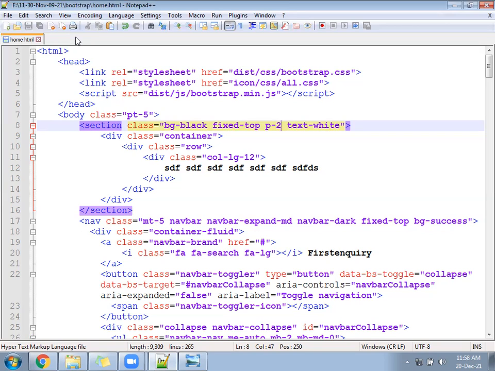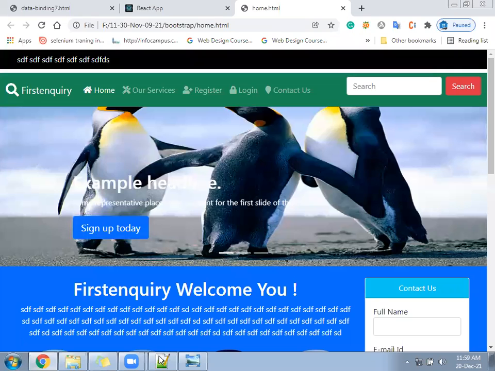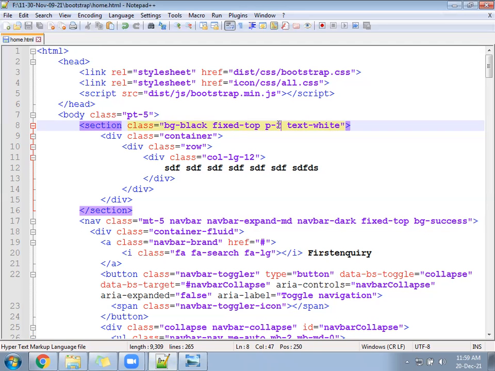P1. Now let's check once. Is it fitting? P1 becomes less. P2, P2 is also. P3, how much? When we wrote p3 the text was coming down.